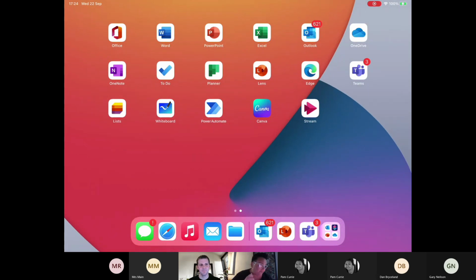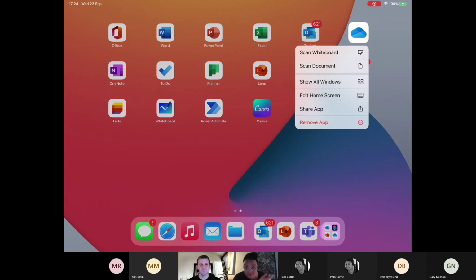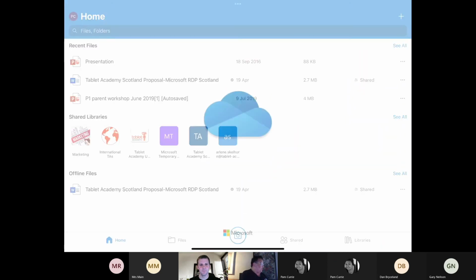Just want to point out with the, I'm going to try the long press live. What else did you call it, Ian? Press and hold. Yeah, so I'm doing the press and hold now live, but on OneDrive, you can see that we have Lens integrated there into the quick actions menu that drops down. So we could just scan that same document,